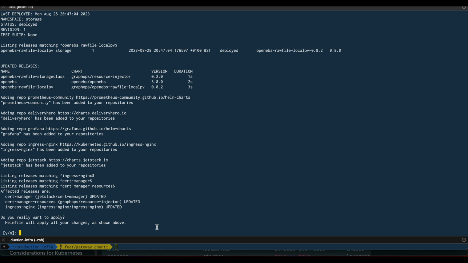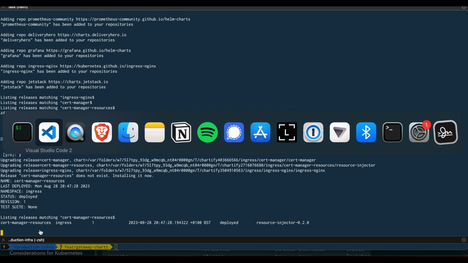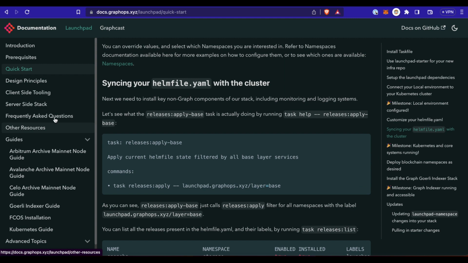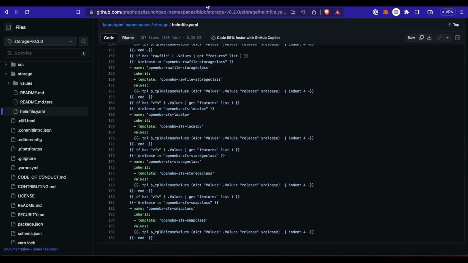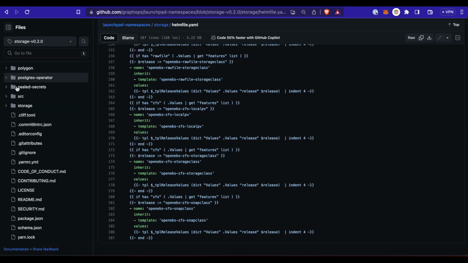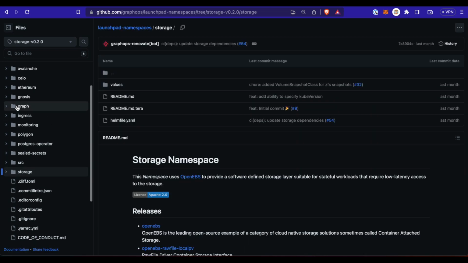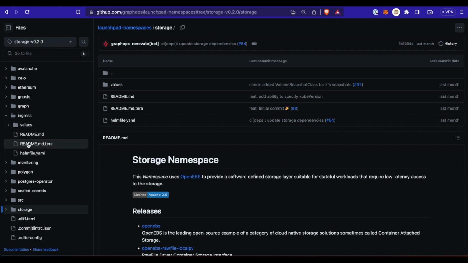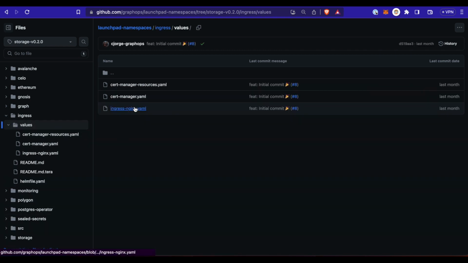The ingress namespace contains three releases, so cert manager, resources, and ingress nginx. Now I will apply this. However, while this is being applied, I will mention that our ingress namespace contains some additional customizations needed. So if we go to ingress nginx,